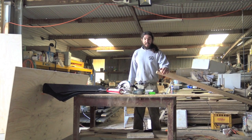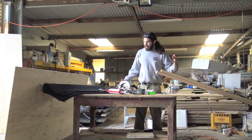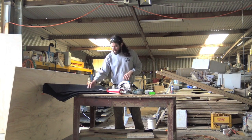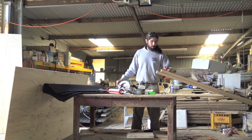Alright guys, here to put together a deadlift platform, as the name suggests. Pretty simple thing to do. All you're going to need is some of this rubber matting to protect your weights from the floor and protect the floor from your weights. A couple of sheets of plywood to